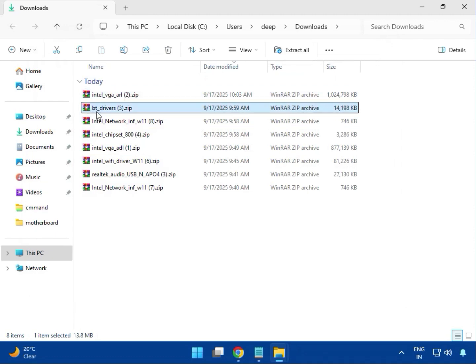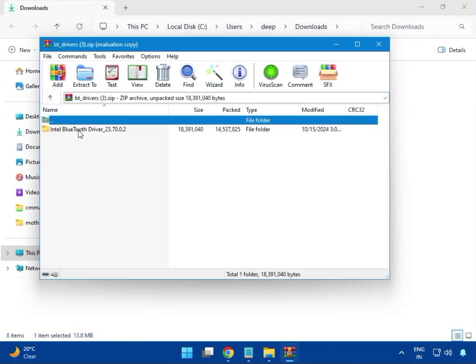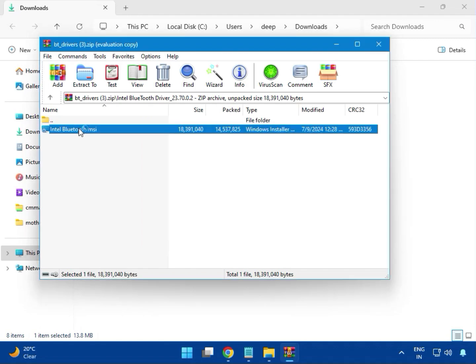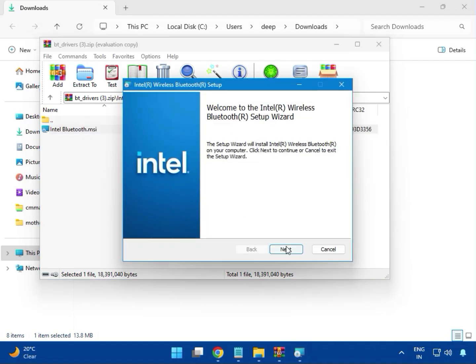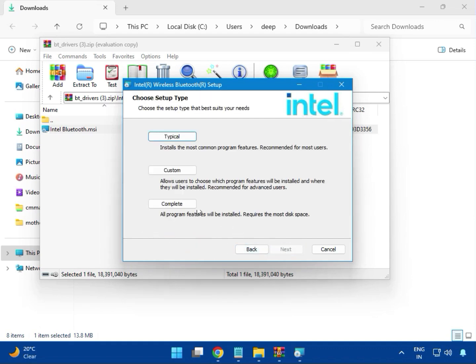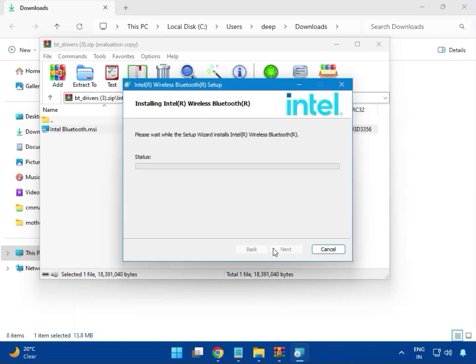Then next, BT means the Bluetooth driver, just a single click to open. This is the Intel Bluetooth driver. Now it is installing. Next, I accept, then click next, and then click install.